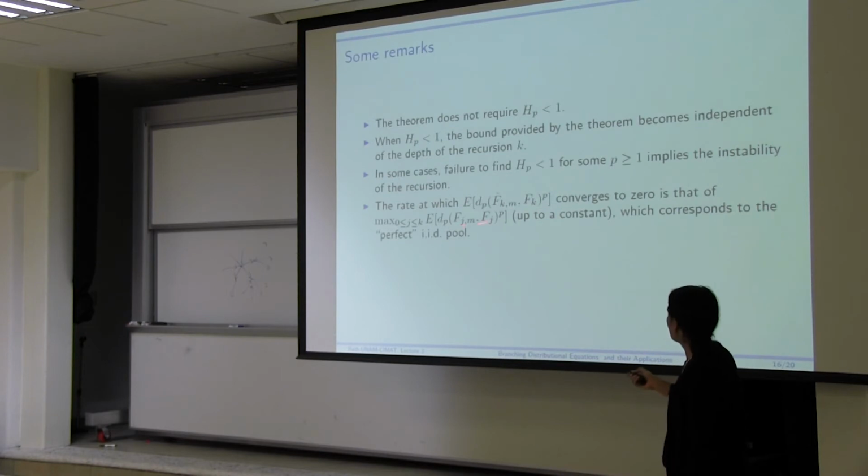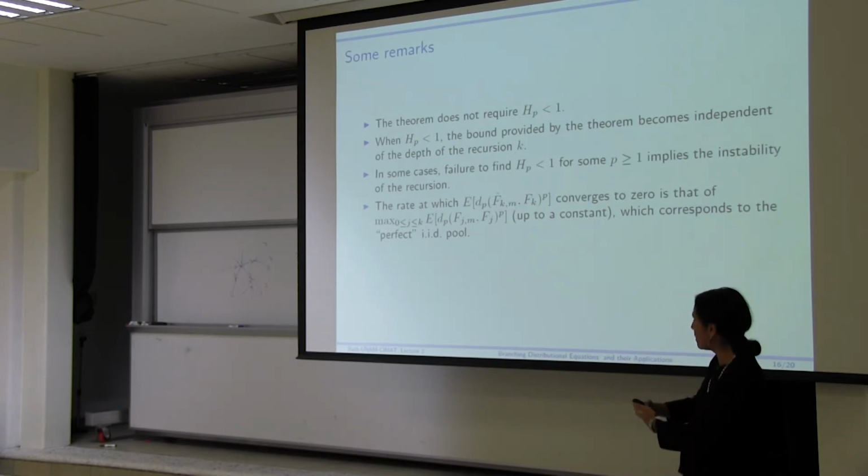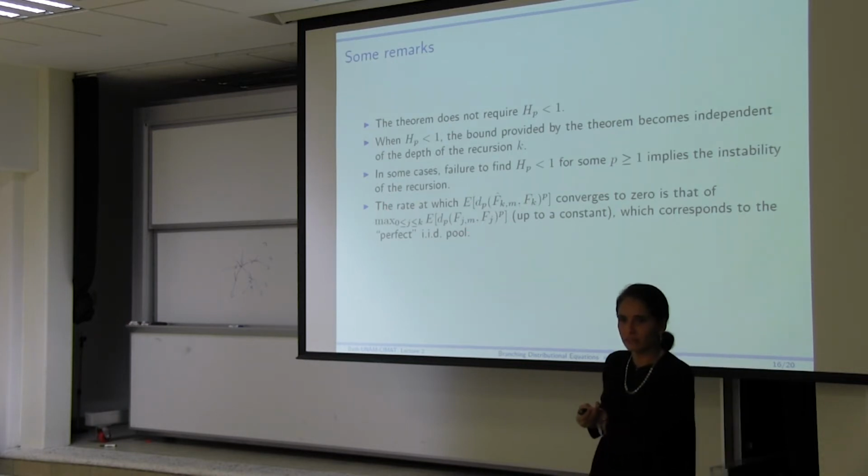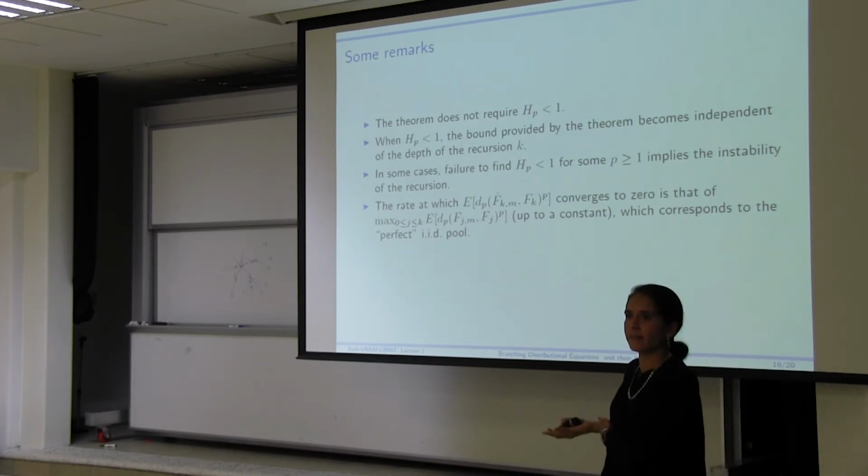Again, this is just a little note on interpretation: if you look at the best rate at which the bootstrapping gets close to the real thing we're trying to approximate, it's of the same order of magnitude as the non-bootstrap version. So you're not losing anything by the bootstrapping in terms of the rate of convergence.